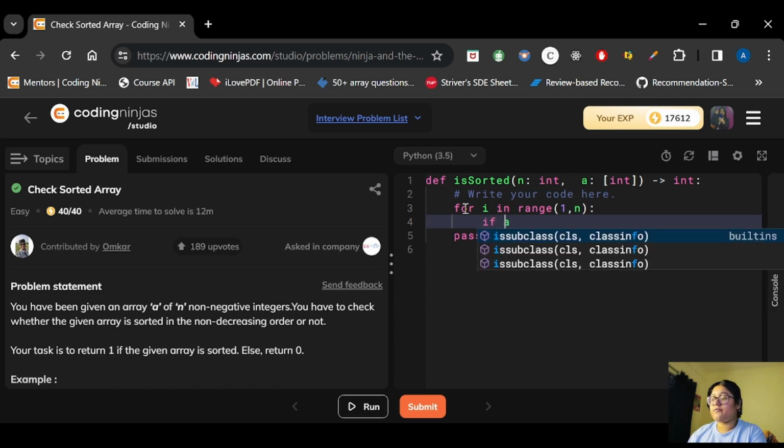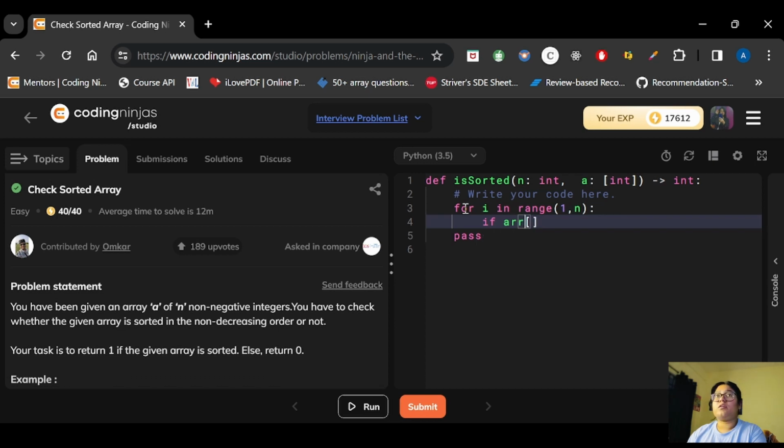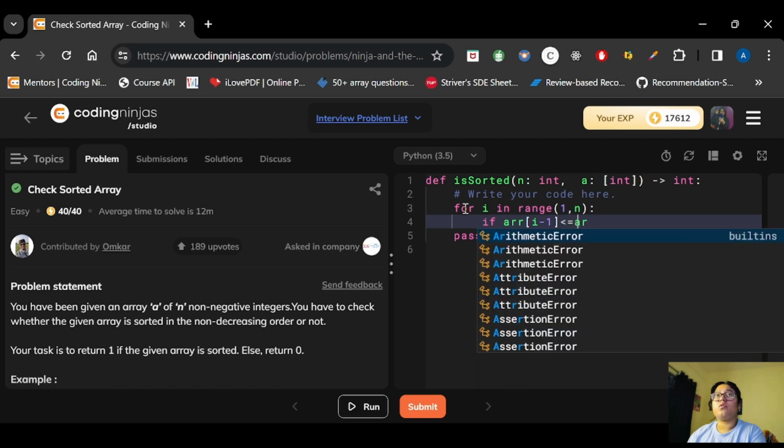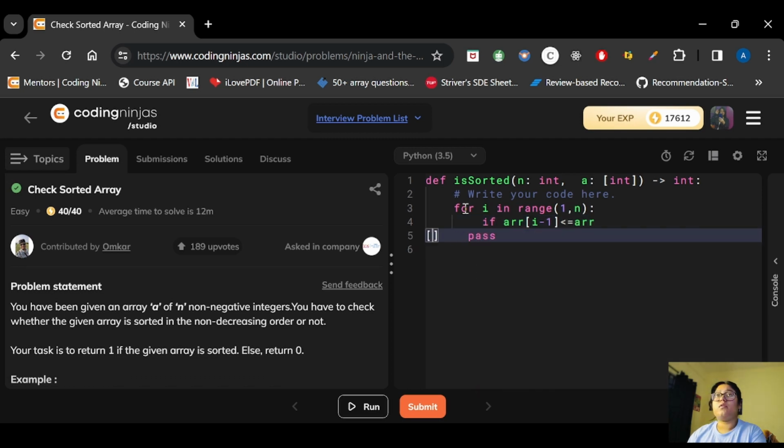We will check if arr of i minus 1 is lesser than or equals to arr of i. In that condition, what we have to do, we will simply continue, right?